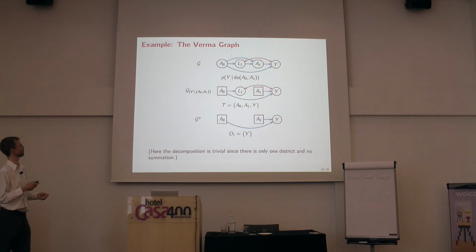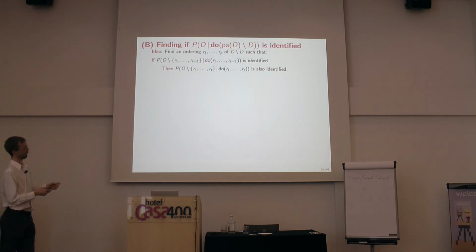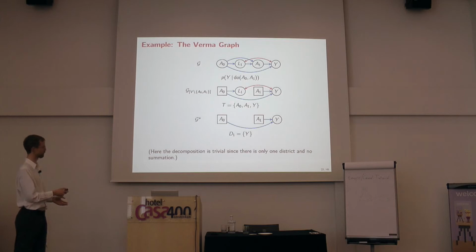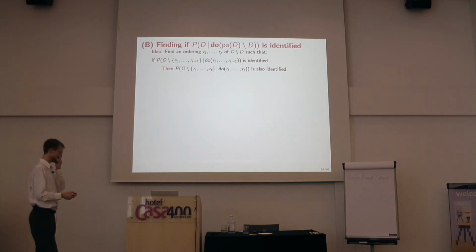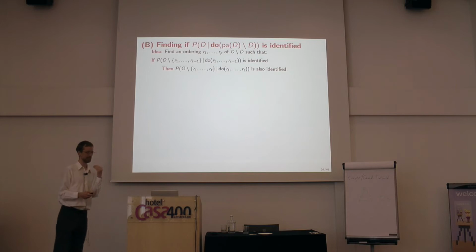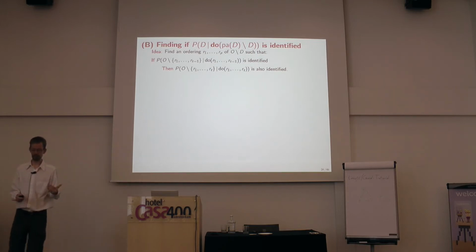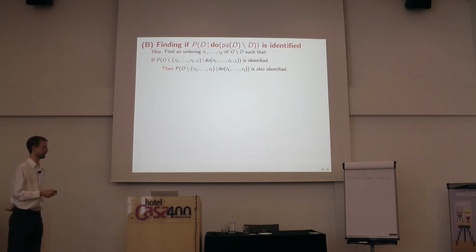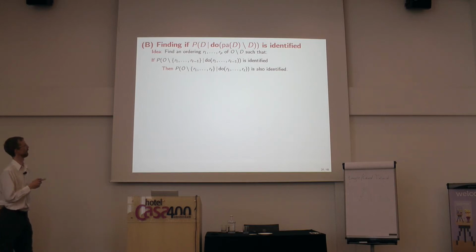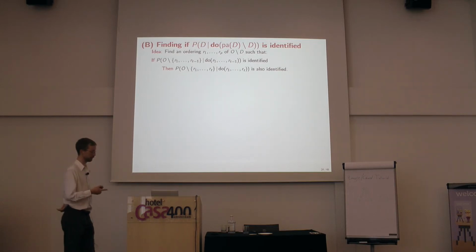So now we have to work out, now I have to give you a way to find out if this is identified. So D is going to be a district in this graph G star. And I have to work out whether or not this thing is identified. And so basically, it's going to be an inductive argument. What I'm going to do is I'm going to say, okay, let me find everything that's not in D. Let me see if I can find an ordering of all of the observed variables that are not in D,